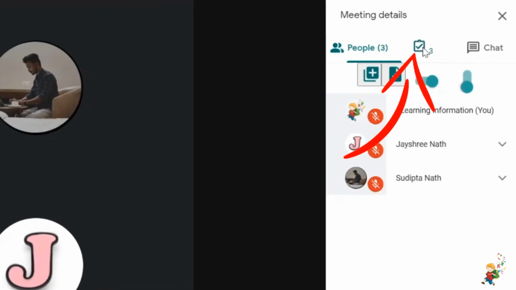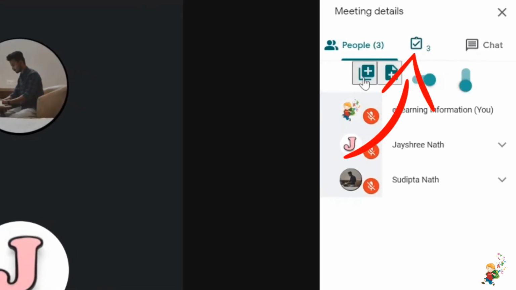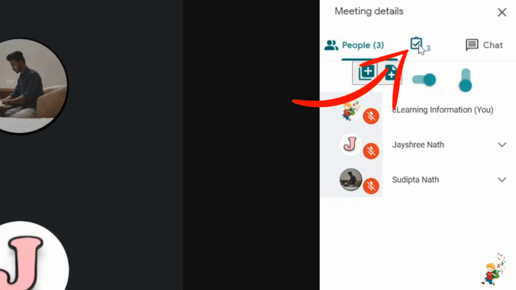So we have to click on this button in the center. Then we will have 2 options: to take attendance in a new sheet and to take the attendance in a completely new spreadsheet. So first of all, let me take the attendance in a completely new spreadsheet. We have to click on this button. Then we have to uncheck first. Then we have to check this button again. Okay, to check the spreadsheet, we have to click on this button.